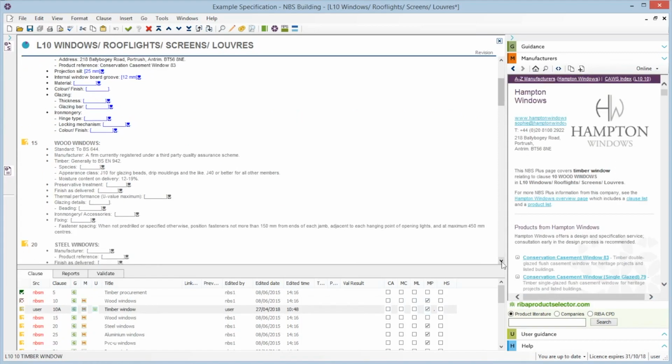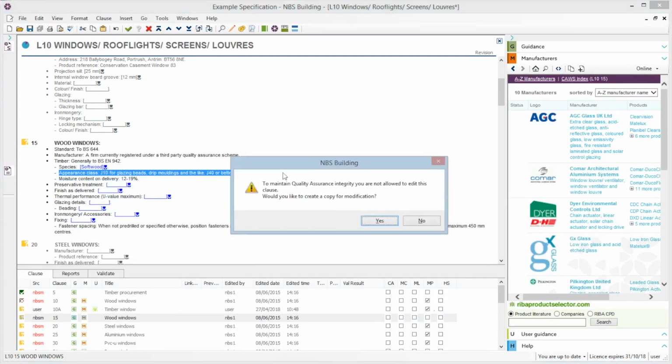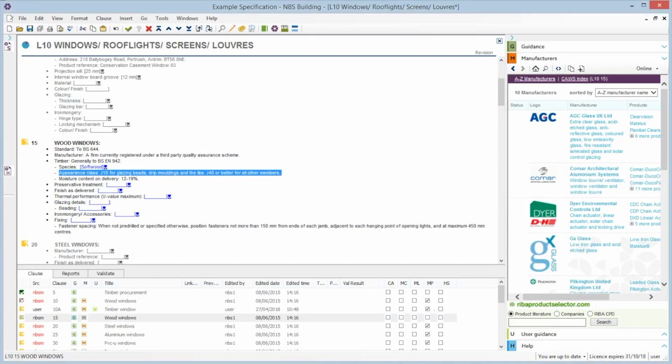Though you're able to edit the inserts within the standard clauses, the other text within the clause is non-editable. So if I wish to delete this text here, the software will not allow me to do this action. However, there is a way that you can modify clauses in more detail. To do that, you can create a copy of the clause. So if I right-click on this clause here,